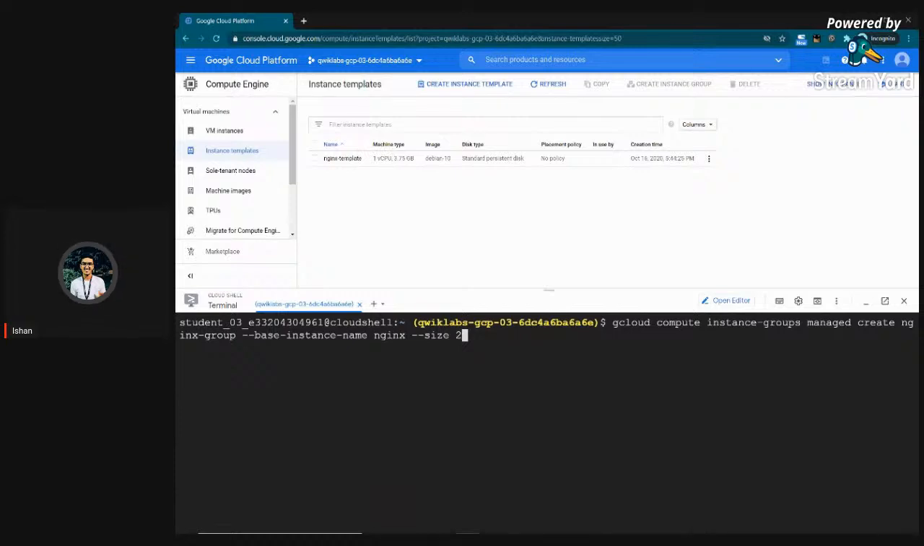Now in case you are a big company and you have lots of money, you can specify a size of 200, but don't do this on your Qwiklabs account, or your account will get banned, because they don't allow you to just randomly spin up their servers. So for now, let's just specify a size of 2, and specify the template that we want to use. We just created this nginx-template, so let's use that, and let's set the target pool that we just created. It was nginx-pool. Let's run this,